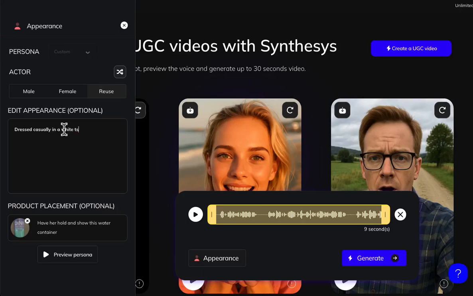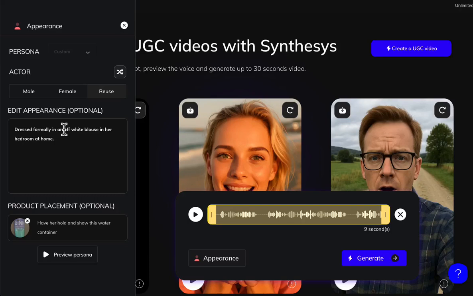No, let's make it more formal. Dressed formally in an off-white blouse, in her bedroom at home. Okay, so she is going to be talking in the camera as an influencer now from her bedroom,